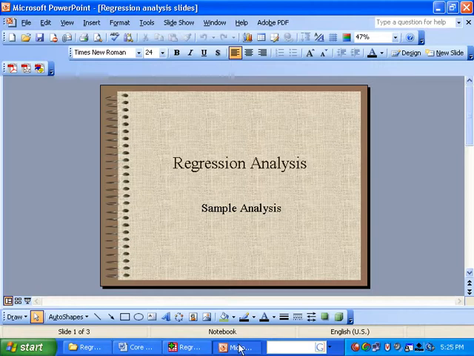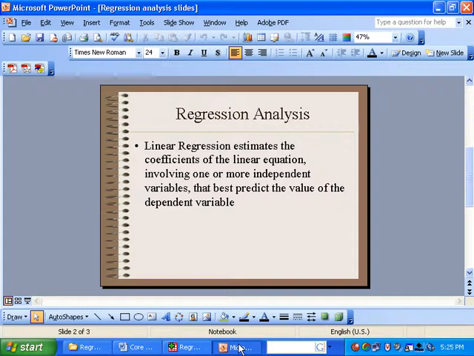Today we turn to a discussion of regression analysis. A linear regression, the topic at hand, is an estimate of coefficients of the linear equation involving one or more independent variables that best predict the value of a dependent variable. A regression analysis, an R-squared coefficient, is therefore a test of internal consistency and allows us to test the strength